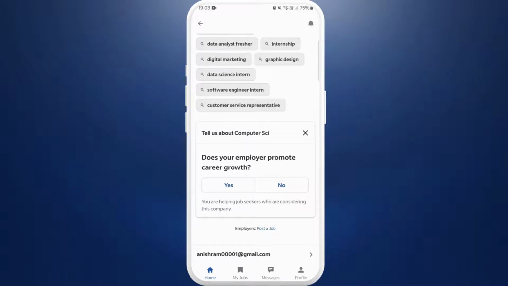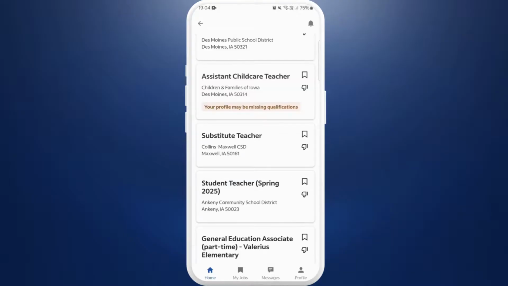Here you can enter your email address, and after that tap on this activate button and you will be activating the job alert notification. So you will receive the notifications of new job alerts right in your inbox of your provided email address. And if you want to make changes to your job alert settings, here you can see the